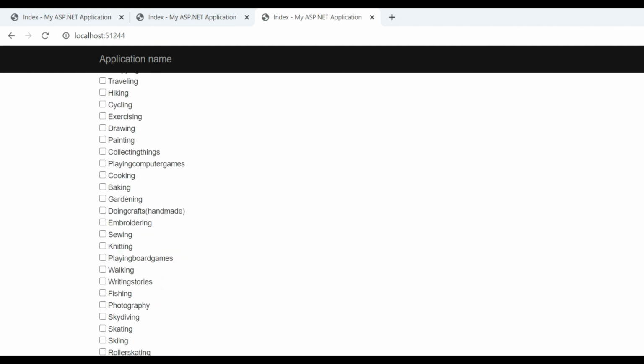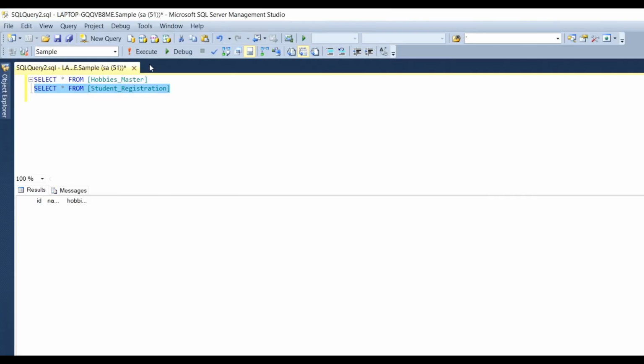Here you get the message record successfully added. Also you can check from the database: select star from student registration, click on the execute button. It shows the data with ID and their hobbies, cooking, banking, gardening, in one row, comma separated.